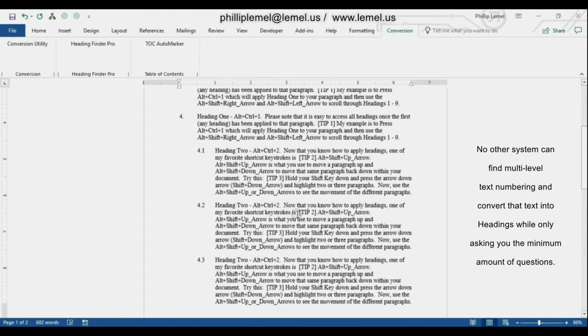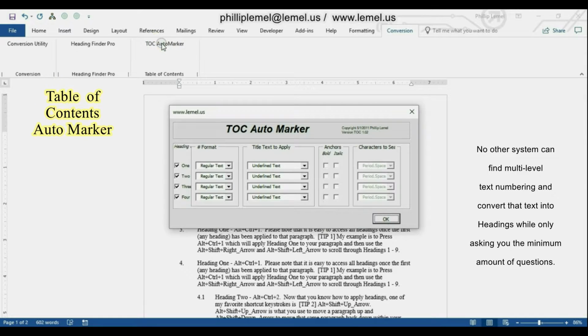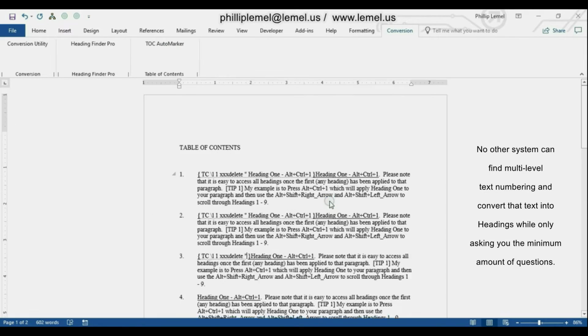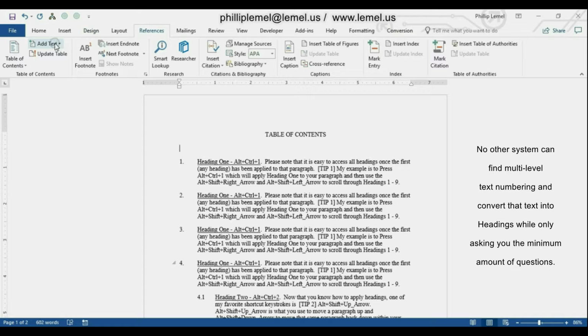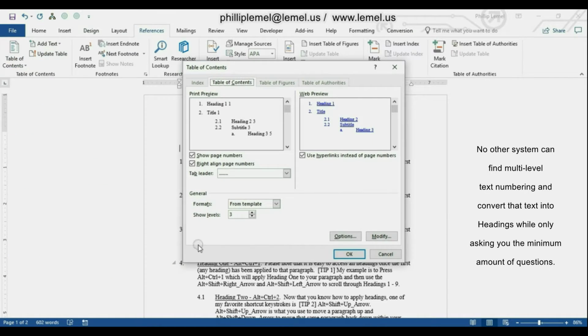Finally, let me remark the document and I will generate a new table of contents manually to show you that I'm using Microsoft TC codes to both mark the document and generate the table of contents. As I am doing this final table of contents, I want you to think about 20-page documents that have 150 or more numbered paragraphs. I also want you to know that I've been doing document conversions with this system for